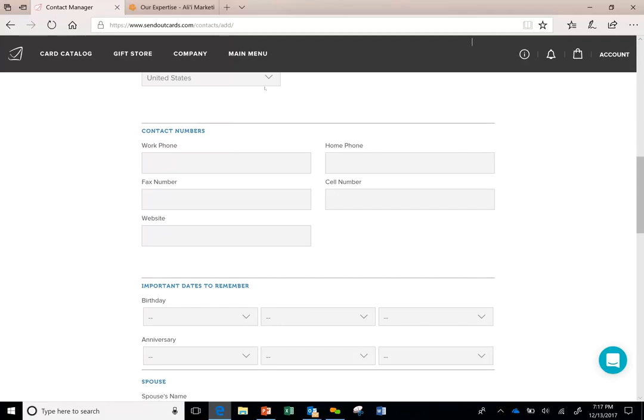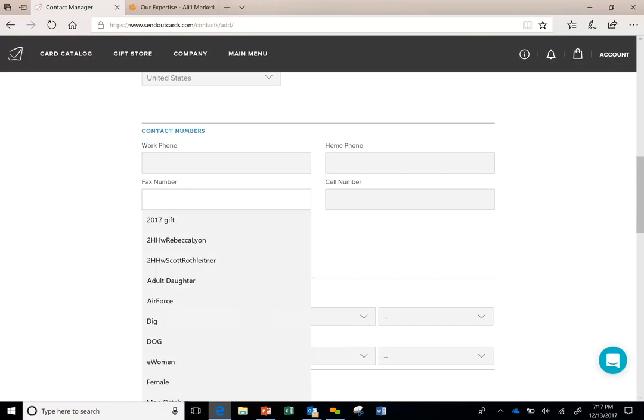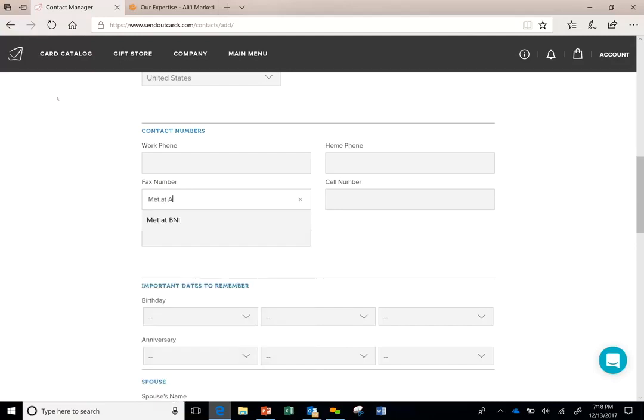numbers. So track phone numbers if you'd like, but here's a little tip that will be helpful to you. You can use this fax number field for information about that contact. For example, one of the things that I put in there is where I met someone. So I might put met at Action Partners E&I. So I put where I met somebody or who referred them, little tidbits of information that will help me identify